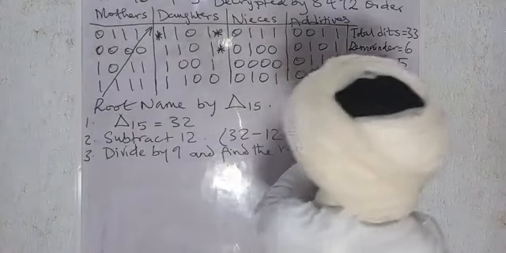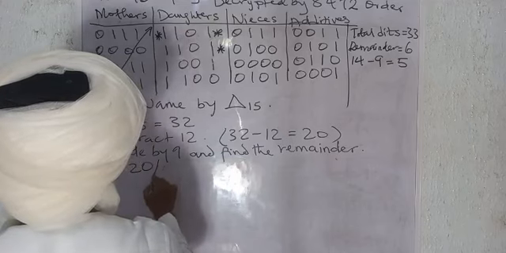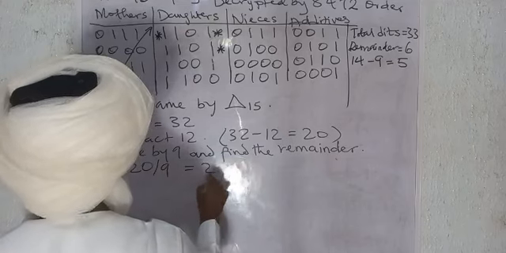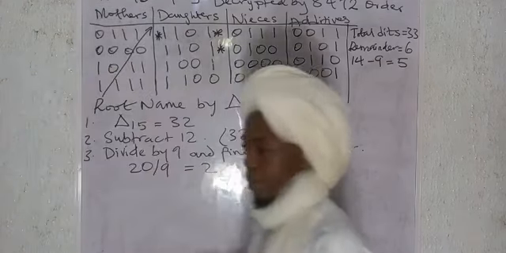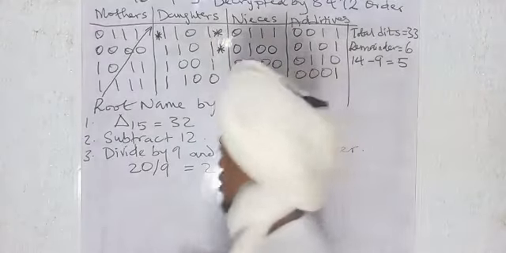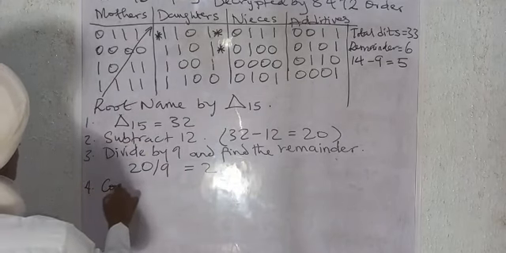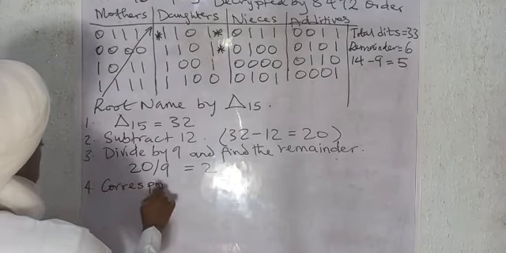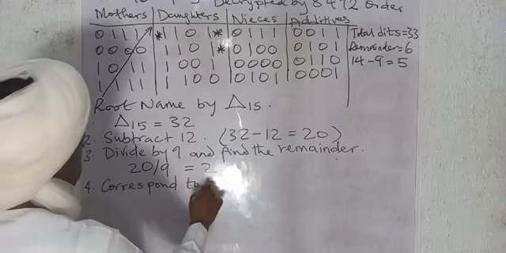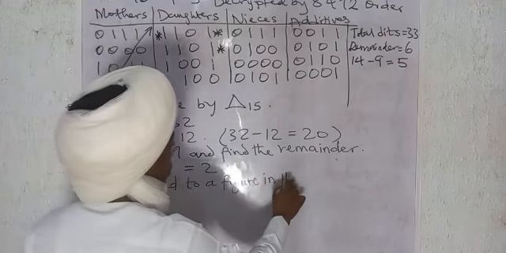Since we get 20, when 20 is divided by 9, the remainder will be what? 2. So you now correspond it to a particular house in the table. Correspond to a figure in the table